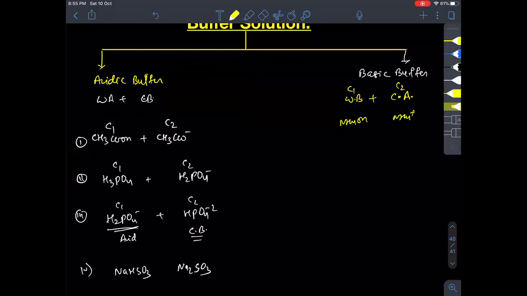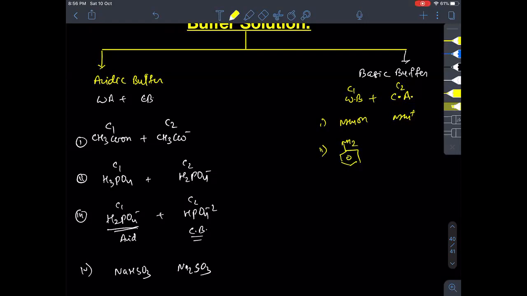So if you want to derive in terms of salt, it is basically ammonium chloride, and chlorine will not do anything, right? So I'm just interested in the part which will actively participate. This is one of the examples. Another example, if you want, then we have many others, like the anilinium ion, NH3 plus, and aniline. So you may write like this, but technically this is an aqueous solution of aniline, right?